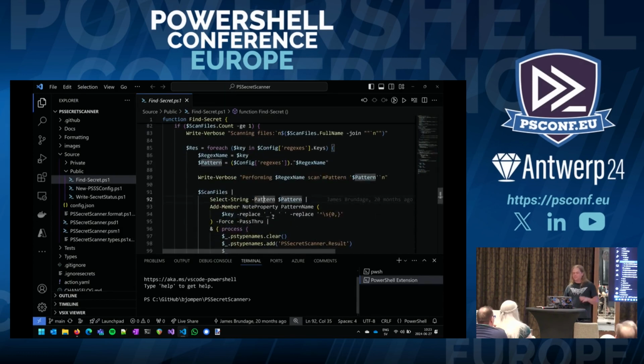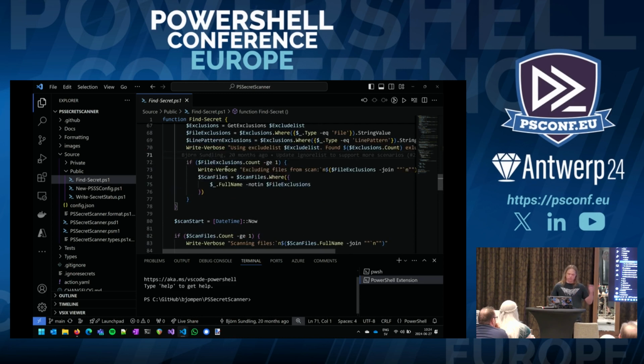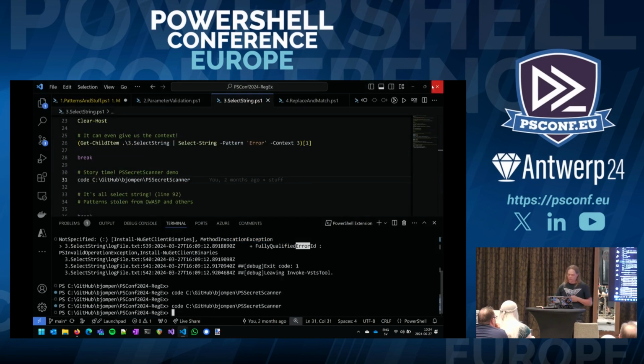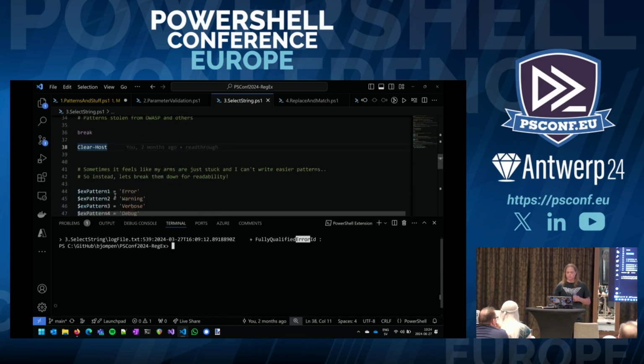There we go. So basically, it's just select string doing a lot of pattern scanning. But if you're kind of, I've gone blank the word. You may see that it actually does the whole for each loops somewhere up here, and it loops through all this code and every single pattern. We will get back to this why later. So basically, the whole module, or the whole find secret thing, is based on OWASP modules, because they write Python, I don't, and I thought we needed a good secret scanner in PowerShell, so I stole their module, rewrote it.